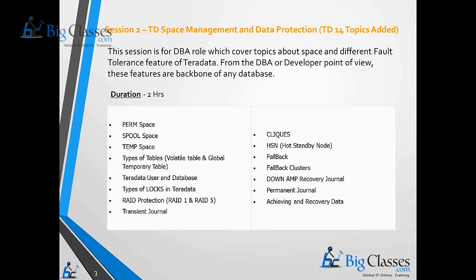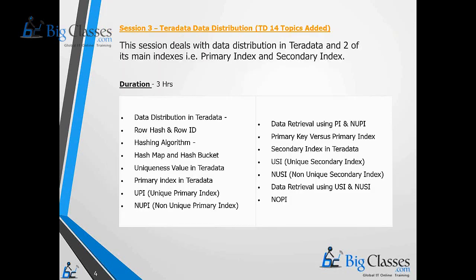We are covering the Teradata 14 version as of now, and the third session will be data distribution: how, through the AMPs, the data is distributed based on your primary index, secondary index, non-unique secondary index, unique secondary index, and PPI, the partitioned primary index. All of this is used to distribute your data. Indexes are nothing but how you distribute your data, so indexes play a vital role in distributing your data across AMPs.